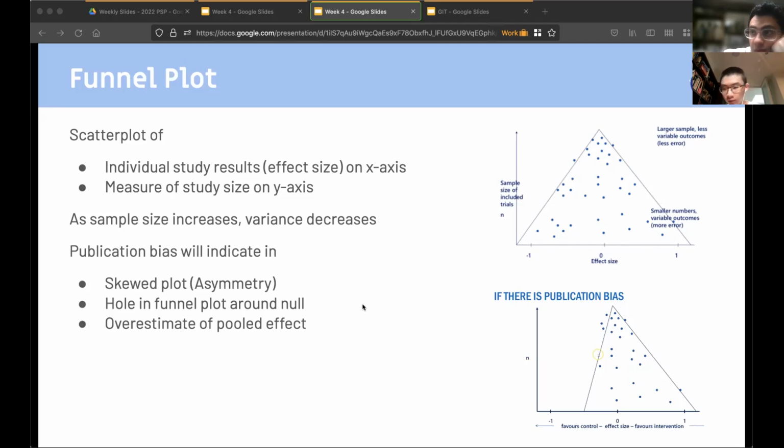So this is a good way of visualizing it, because if you have publication bias, like over-reporting of positive results and under-reporting of negative results, you get stuff such as skewed plots, where it seems there's a lot of missing information about whether there are studies not favoring the intervention. There's also other ways that publication bias may manifest, such as a hole in the funnel plot around the middle region. That's like 2 extremes with no in between. And sometimes also an overestimate of pooled effects, where if you don't have too many studies, you have a lot of smaller studies saying the same thing, but it's kind of unreliable because you don't really know